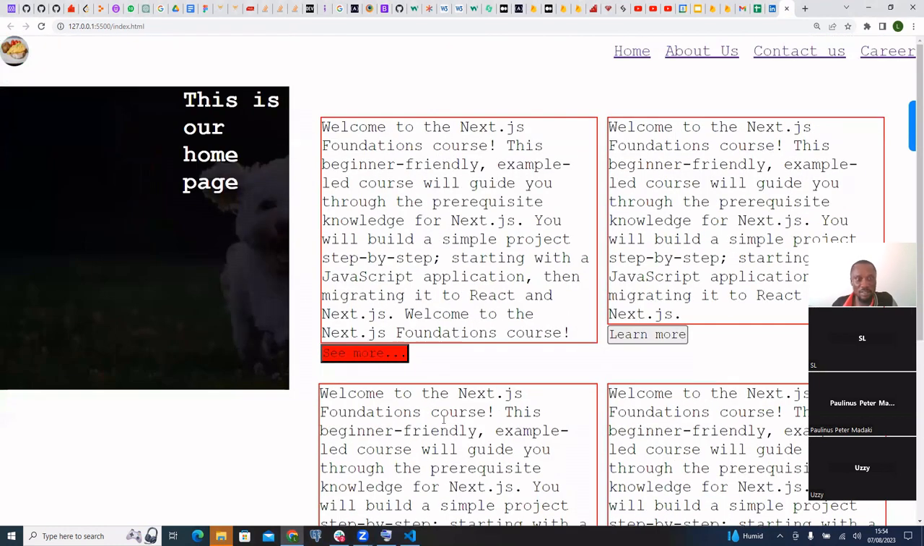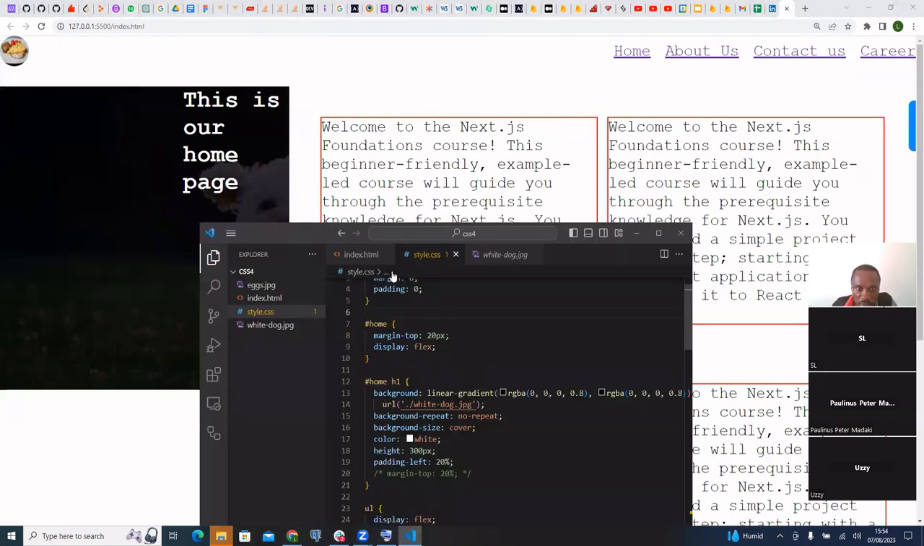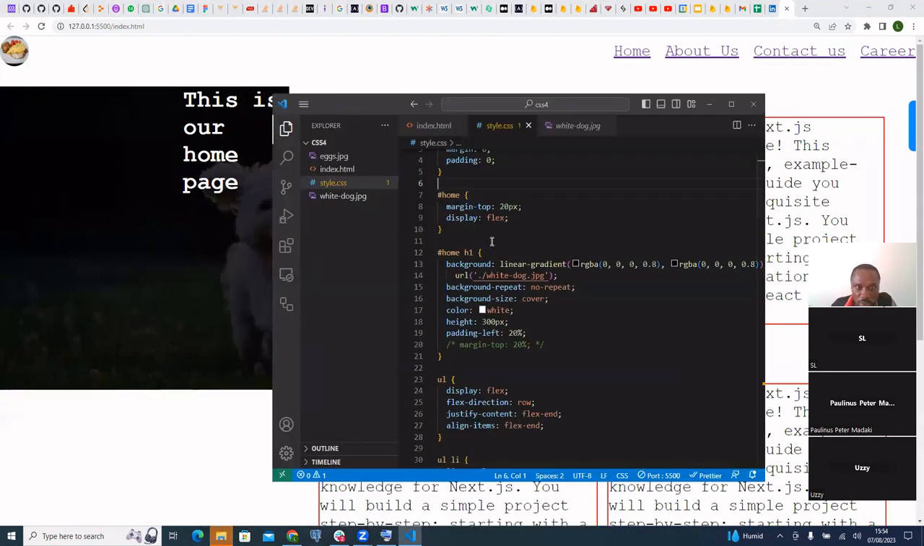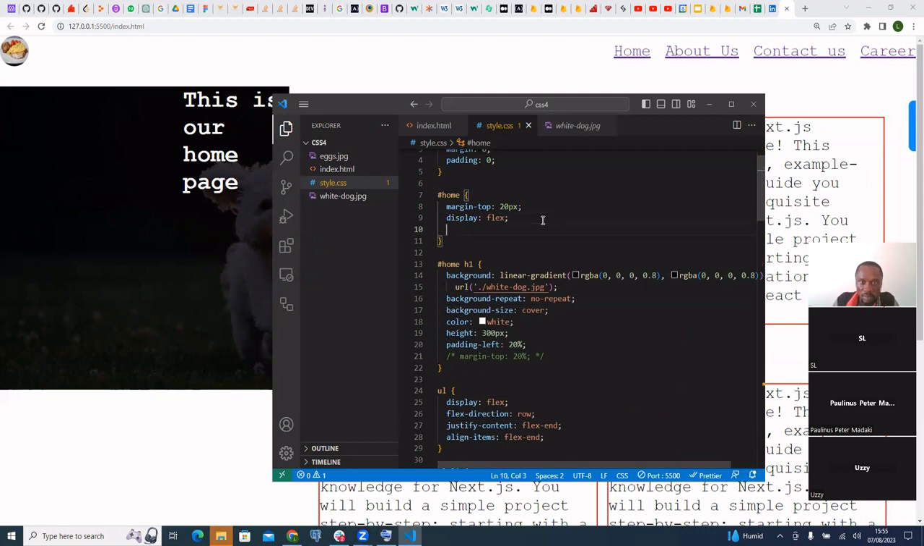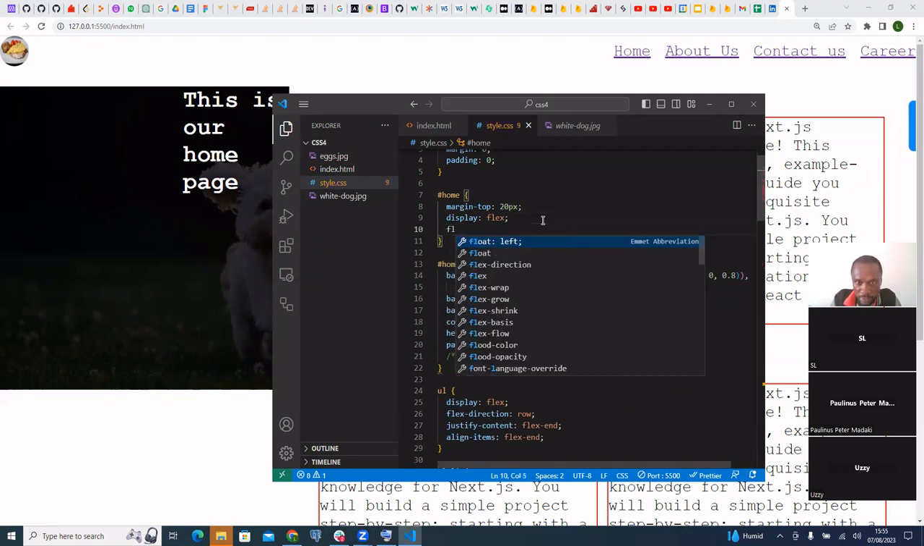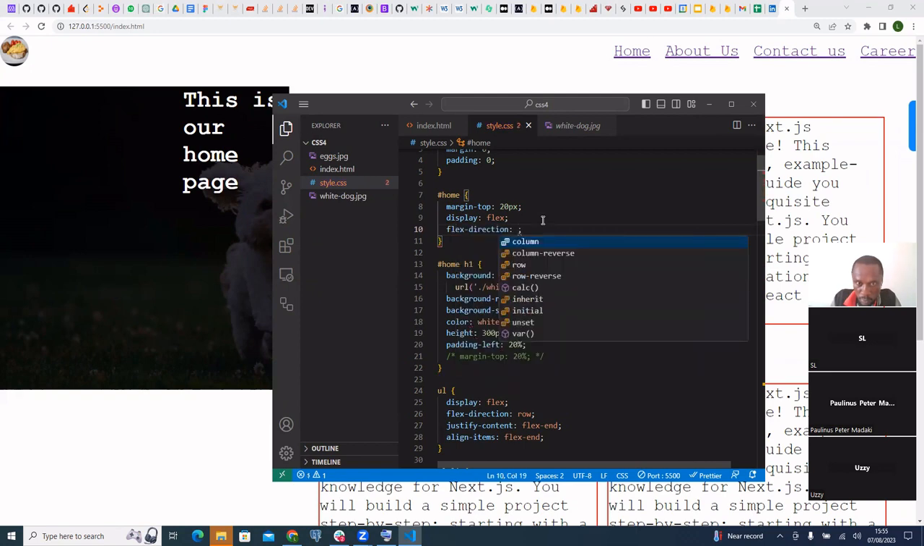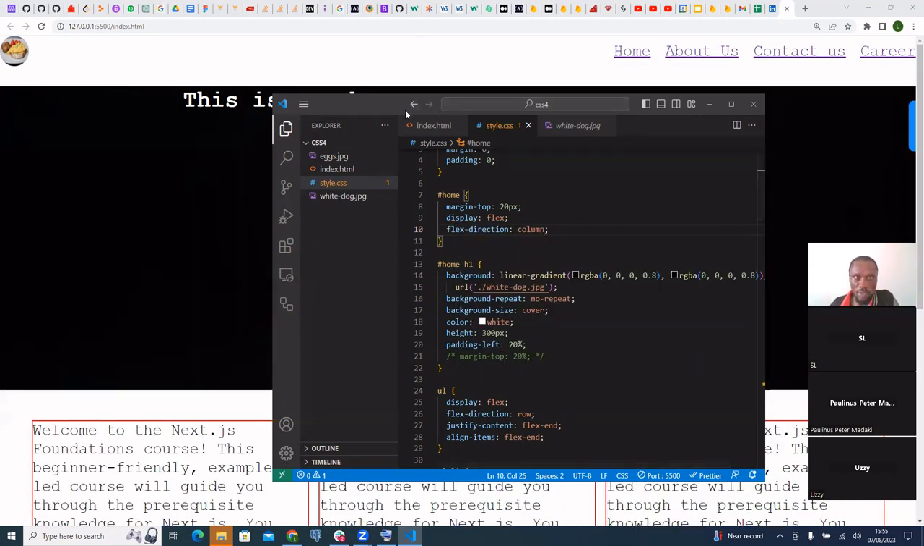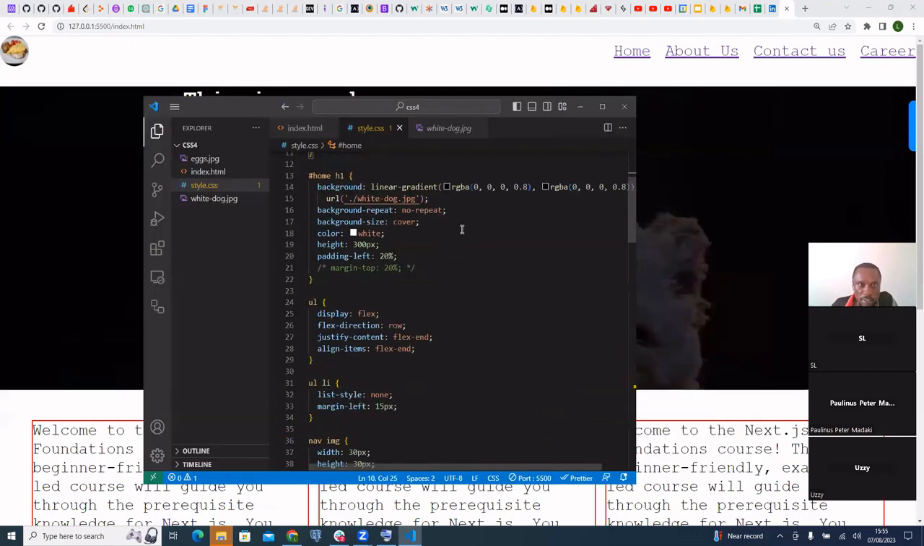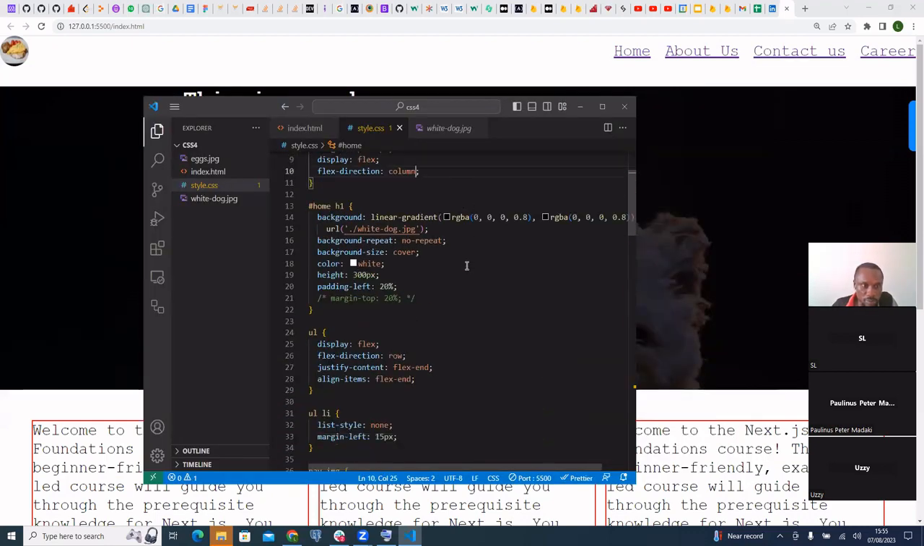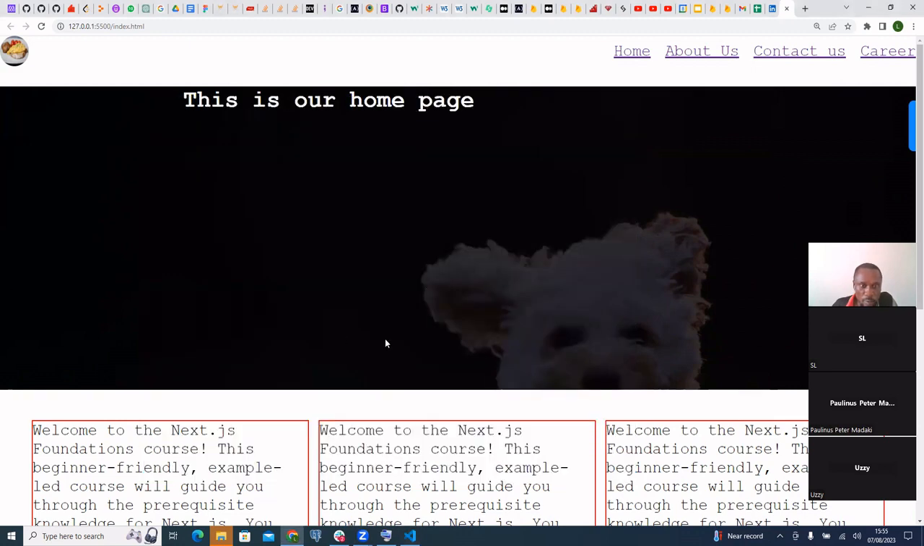Okay, so this is how we display flex in our home section, and we said flex direction column. So this is what we had by default. The flex direction is column in our home section for everything, and for these other properties. So if we go ahead and inspect,